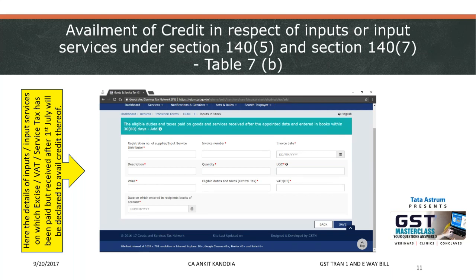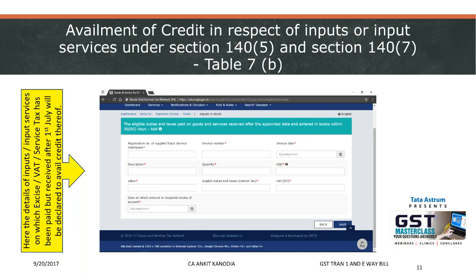This would not be serial number 8. This would be serial number... Okay, this was actually inserted by an amendment in this rule. So this would be a continuation of the same serial number, but it relates to section 140 subsection 5, wherein